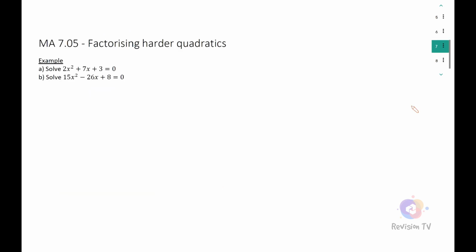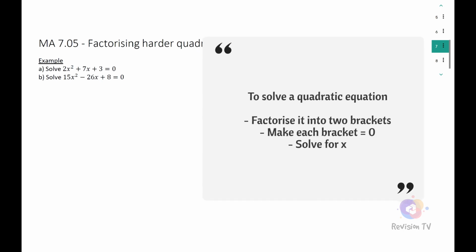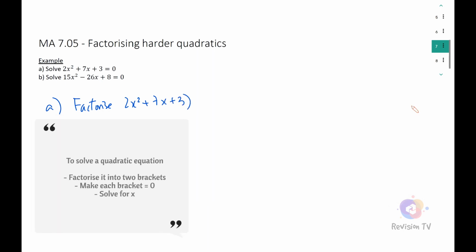To solve harder quadratics is the same as solving simple quadratics. Easy after you have done your harder bit, which is about factorizing. So to solve a quadratic equation, you just have to factorize and then do the same step as the normal quadratic. So question A, you're going to factorize it first. I've done it in a previous example, so I'm going to go through how to factorize this. So I'm going to factorize 2x squared plus 7x plus 3, which equals